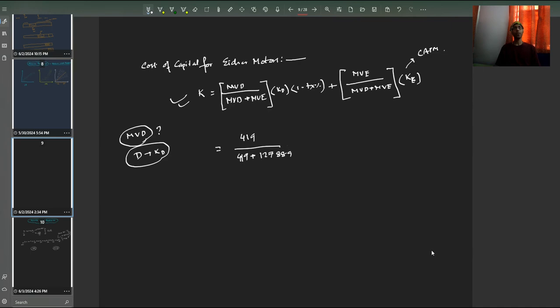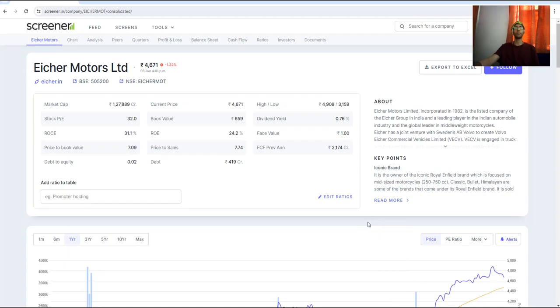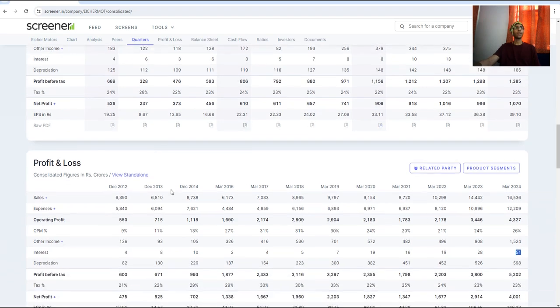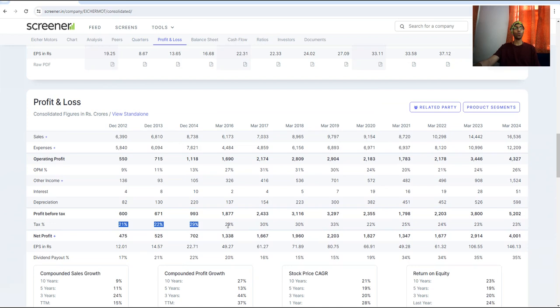127,889 crore. All these values are in crores, right? Cost of debt. We saw they were paying an interest of 51 crores and the debt amount is 419 crores, right? This is it. And we will use the tax rate here, which is, let us find it out. So the tax rate is 21, 22, 29, 29, 30, 22, 25, 24. Let us keep a standard level here. Let us keep it at 25%,